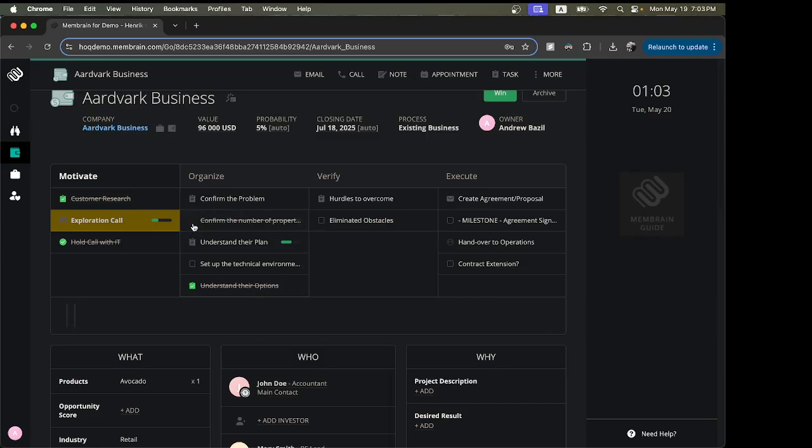So when I do hear that back from Mary, I can then complete the fact that I've confirmed the problem, confirmed the number of properties, and I can set up a technical environment for them, a place where they can play around against the solution as I'm moving through this